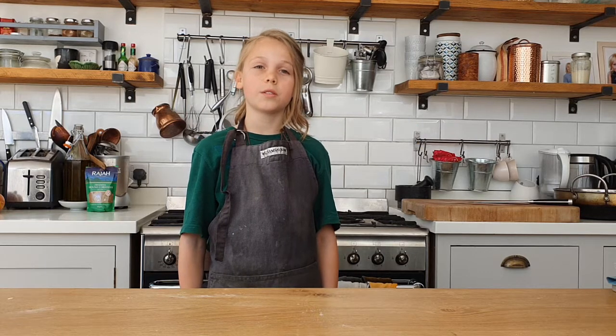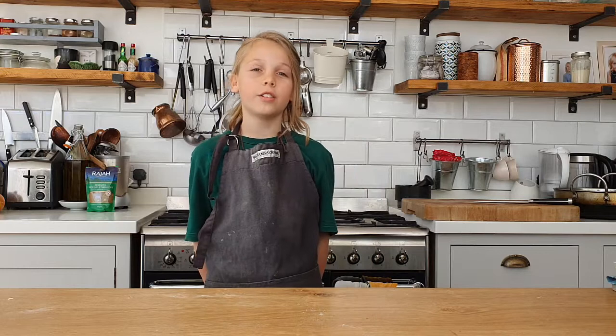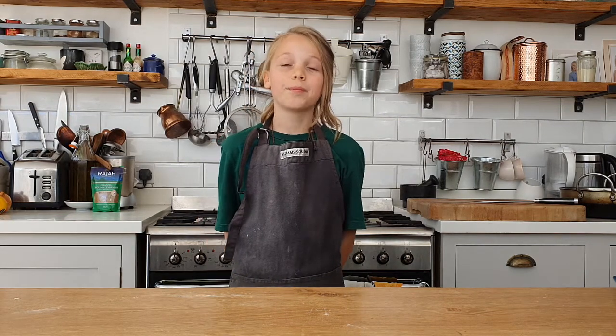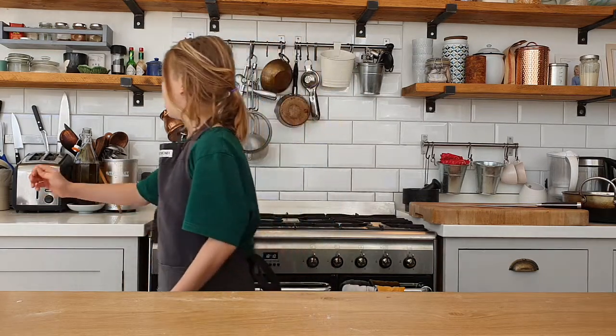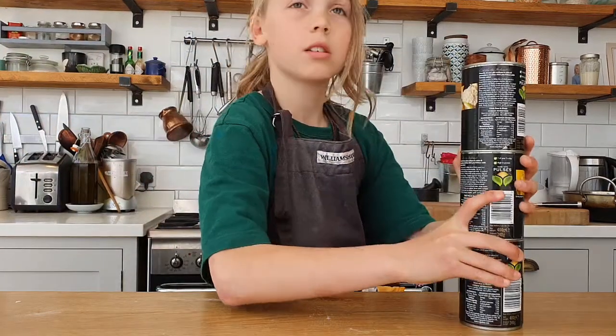This is one of my favourite dishes. It's very good for lockdown because most of the food doesn't need to be fresh and they're tinned. Also, it's gluten-free, vegan, and vegetarian. So let's get started. The ingredients you will need are 3 canned chickpeas,